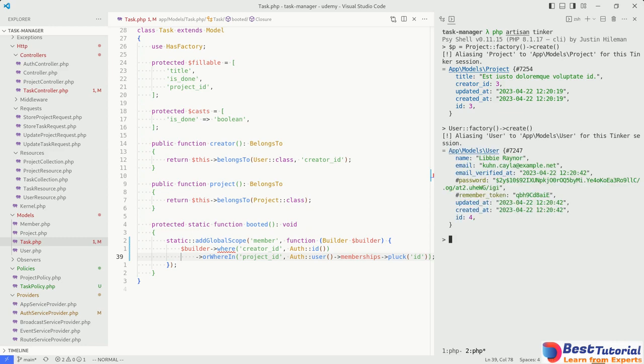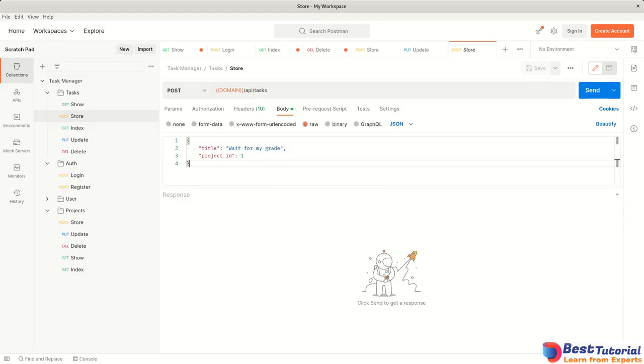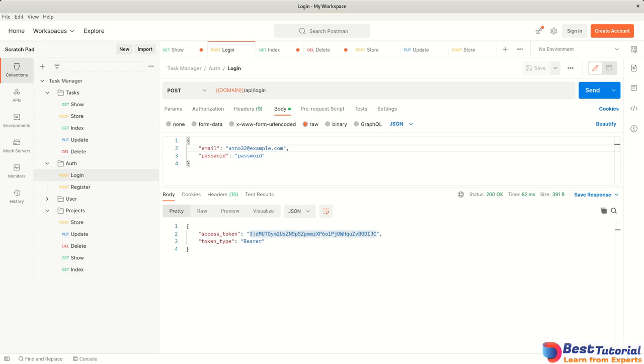And we're gonna attach this user to the project members. I'll just pass 4 because that's the ID of the new user, and grab the email address of this user and go to Postman. So log in with this user, get an access token,